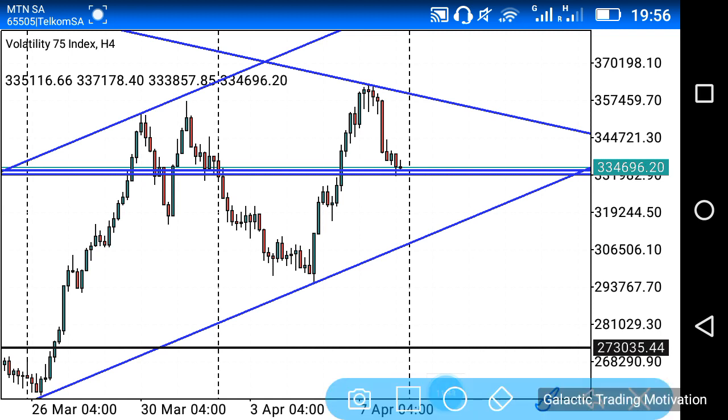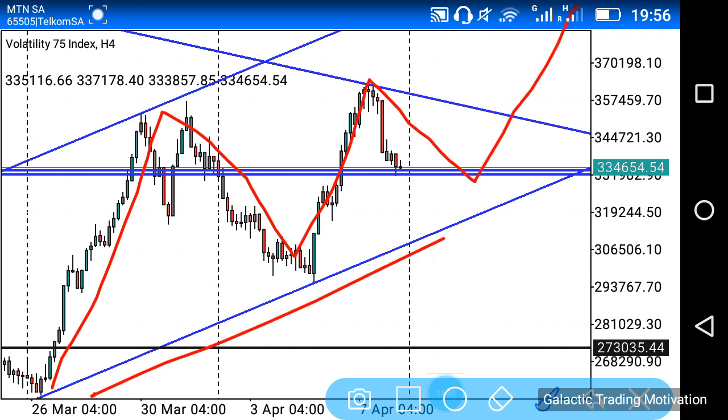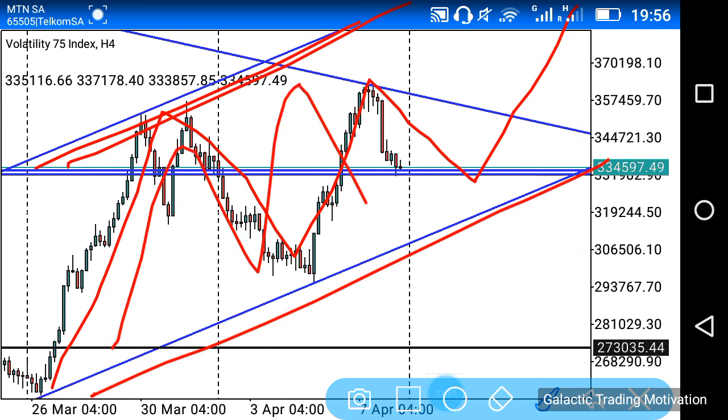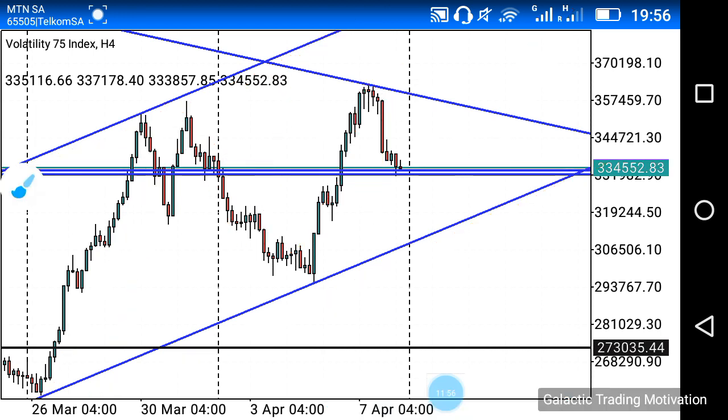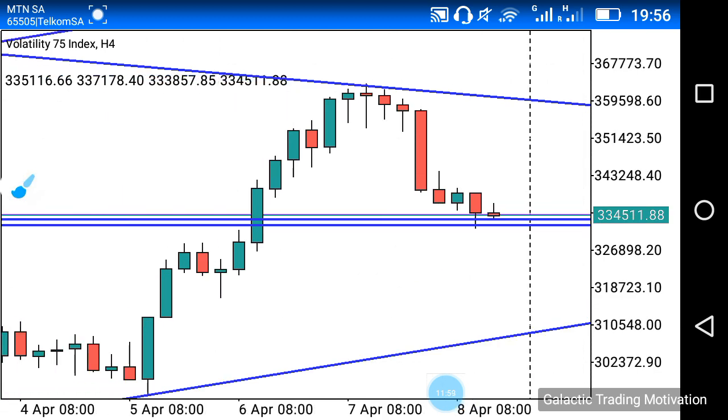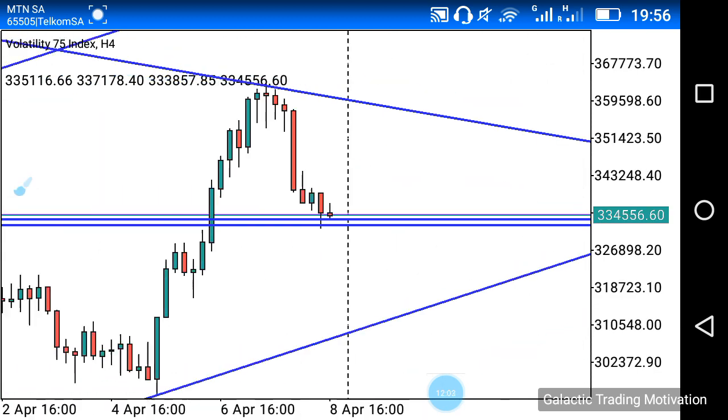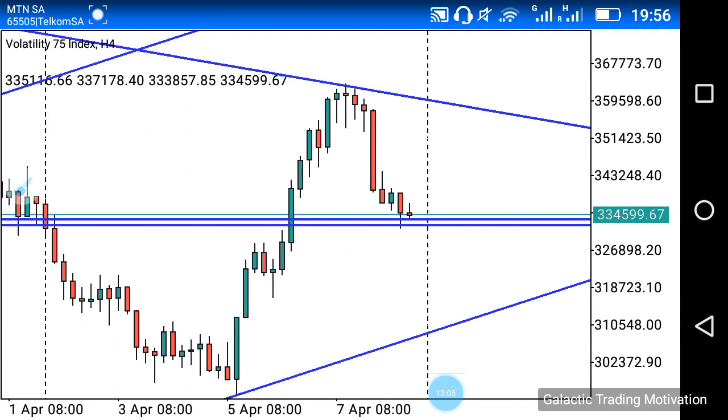But just to zoom in and look for actual buying or selling opportunities, at this point I don't see any. And as I've said, it is very, very risky in regards to buying or selling at this point. In my humble opinion, it's probably best to not do anything and rather to just wait and see what the market does next and then act afterwards, right? So that is it in as far as my analysis goes. I just hope that it makes sense.